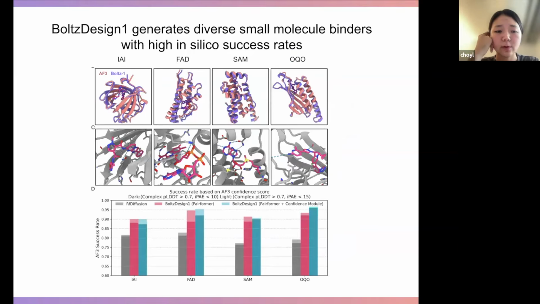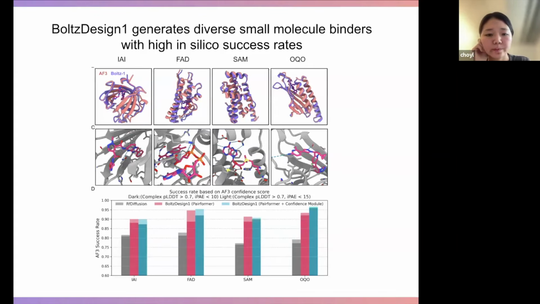For the in silico success rate, we evaluated on these four different targets coming from the RFdiffusion All-Atom papers. Given the small molecule, we designed a bunch of different binders and finally we made a final prediction with AlphaFold 3 and then measured the success rate based on the pLDDT and the PAE score. And we confirmed that we could achieve a pretty high confidence score. And we can even improve the success rate more by iterating the whole Pairformer and the